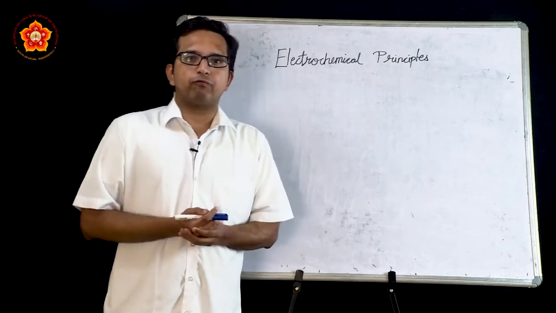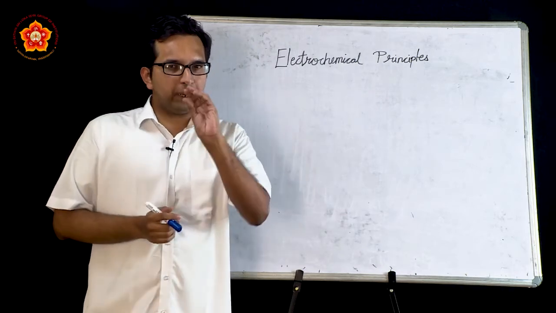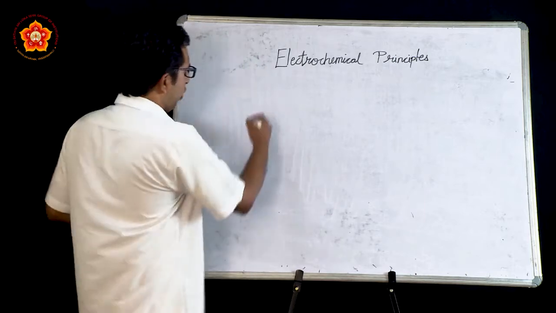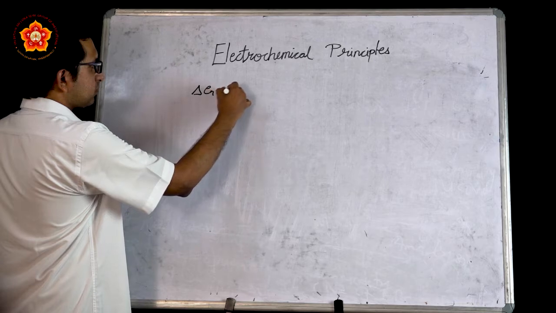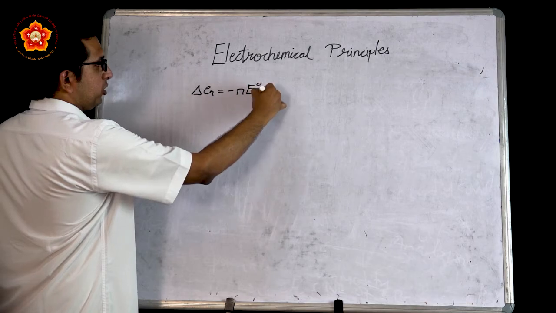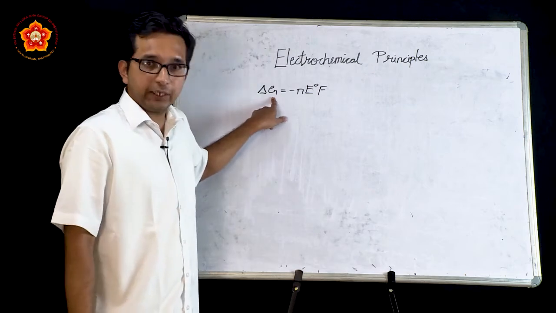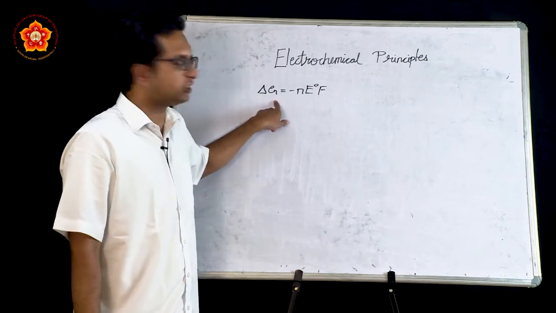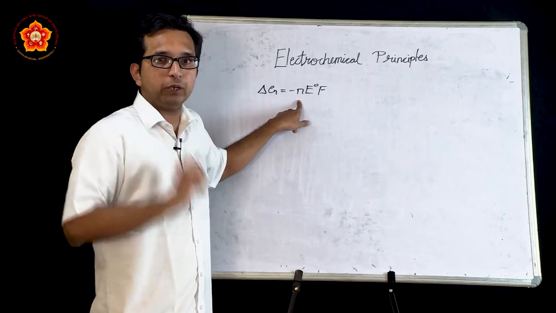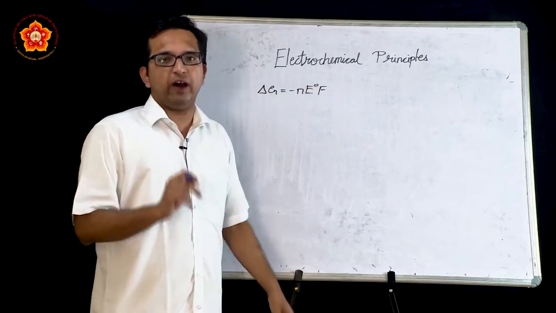In these cases, one thing has to be seen, that this process is employed if the metal compounds are quite reactive in nature. So this involves a formula that we have studied, delta G is equal to minus n E naught F. What do these factors say? Delta G indicates Gibbs free energy, the change in Gibbs free energy. n is the number of electrons involved in that particular electrochemical process. E is the electrode potential, and F is called the Faraday unit.